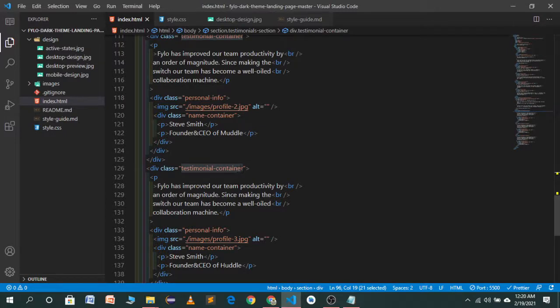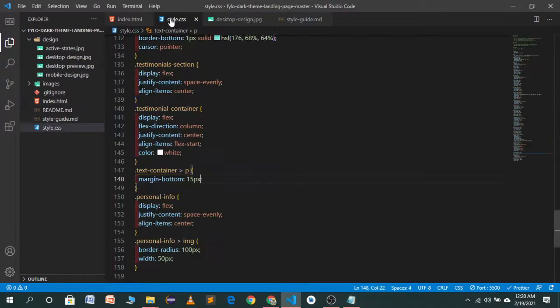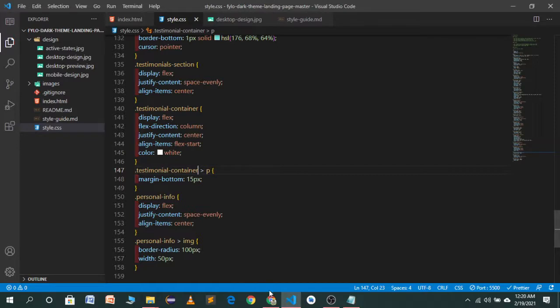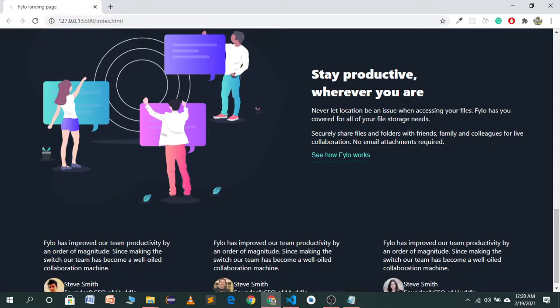In the testimonial container, we are targeting a p tag. So let's see in the testimonial container. Oops, I have written the wrong name here, so that's why it's not working. So in the testimonial container, save it, and now you will see a margin bottom.